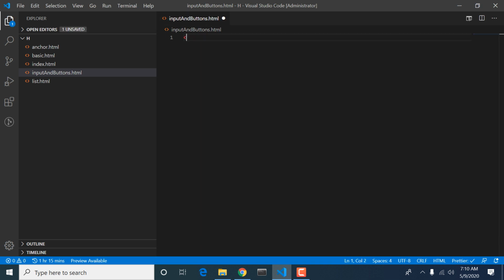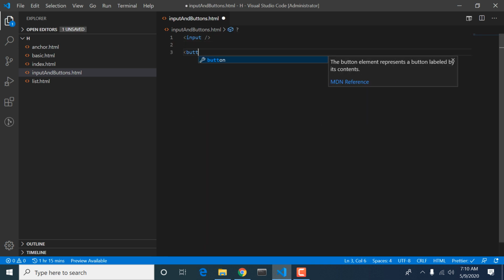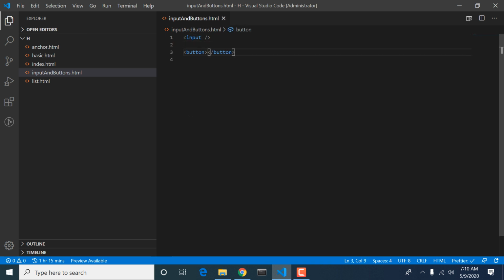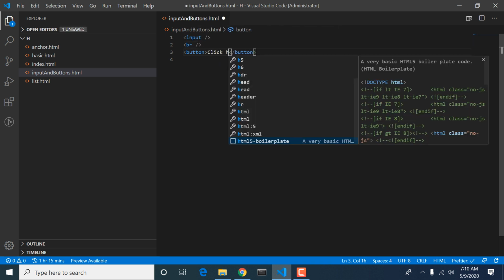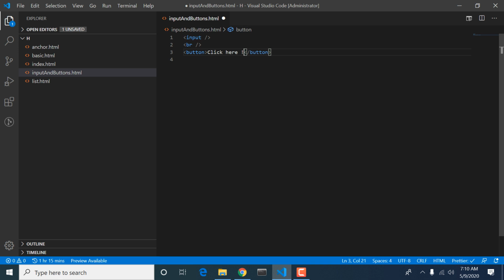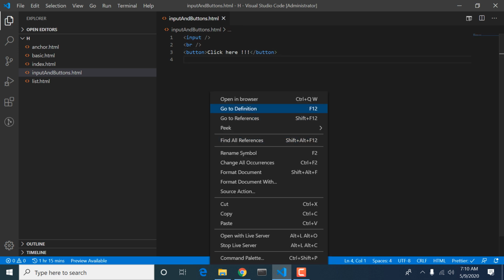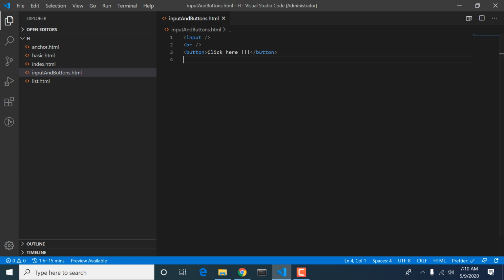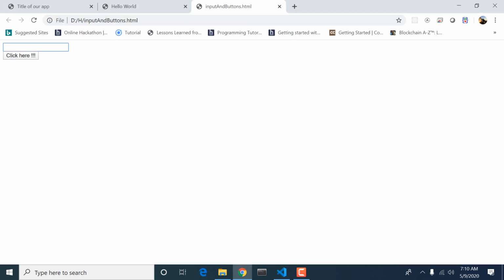So there is an input tag in our HTML. It is also a self-closing tag, and we have a button. We have click here. Okay. So guys, as you see, we have this input tag. Okay.